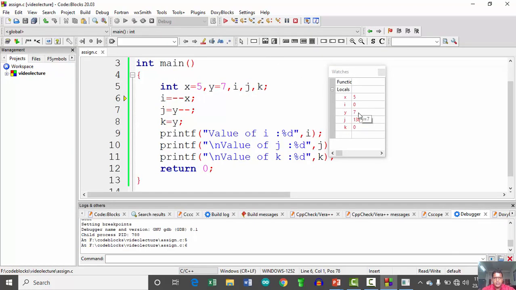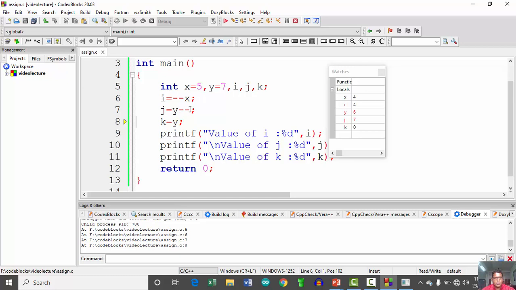So here x is 5, y is 7, i is equal to minus minus x. So the value of i is 4 because x is decremented. First the decrement operation is done because of pre-decrement, and then the updated value is assigned to variable i here. And j is equal to 7 as it is.